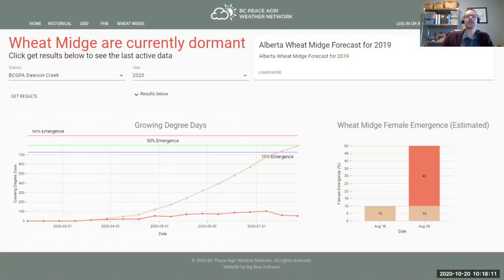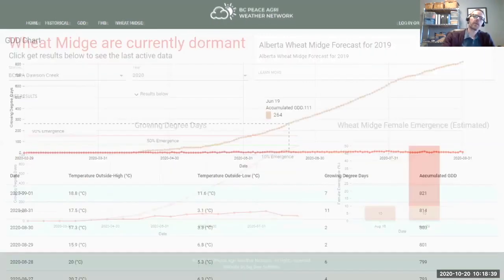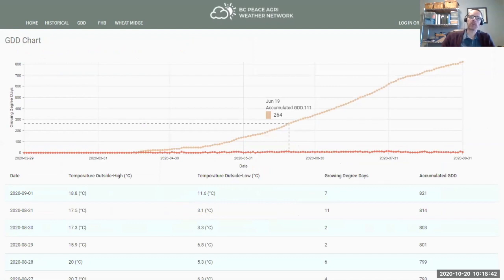So things like right now, wheat midge is one of them. There's a limited slate of decision support tools at this point, but right now there's the wheat midge model, and it's based on some research from several years ago done throughout the prairies, but it's still widely used, looking at degree days, how it contributes to the emergence of midge, and then for management practices, farmers can use that. The other one that's currently offered is growing degree days, so the users can calculate GDD based on different thresholds, looking at crop development, those types of things.